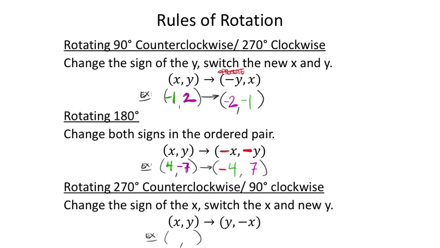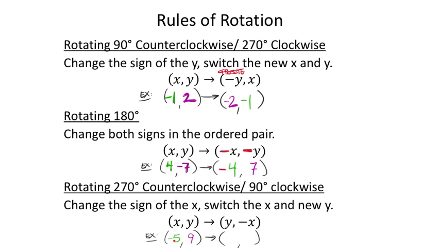So we'll start with the ordered pair. We'll say -5 and 9, like this. Okay, so that would be our preimage ordered pair. And after either a 270-degree counterclockwise rotation or 90-degree clockwise rotation, which is exactly the same, we would take this